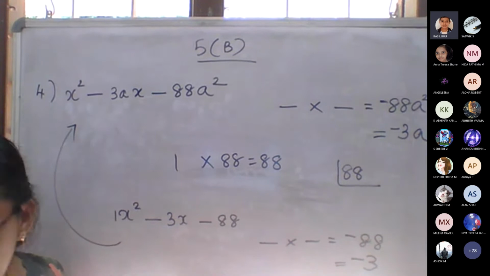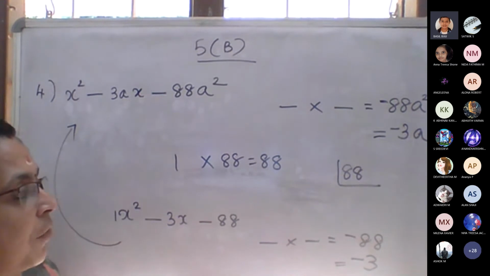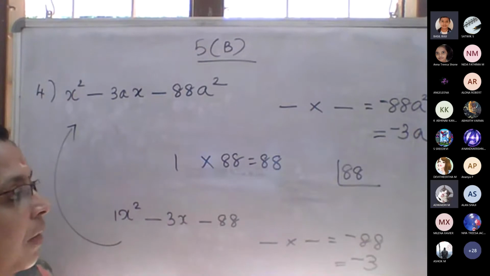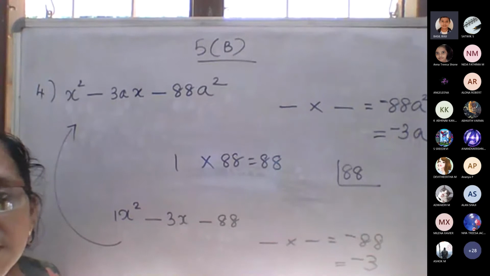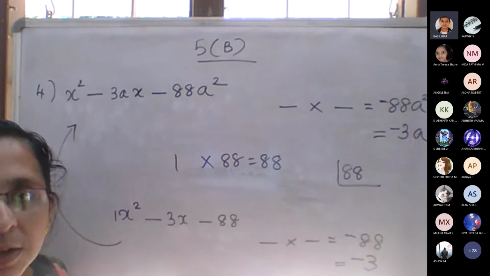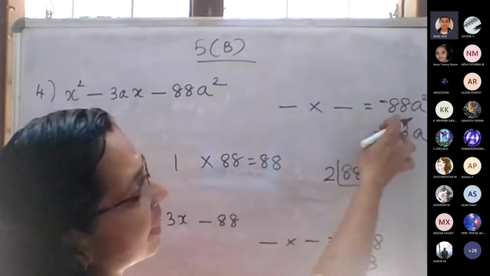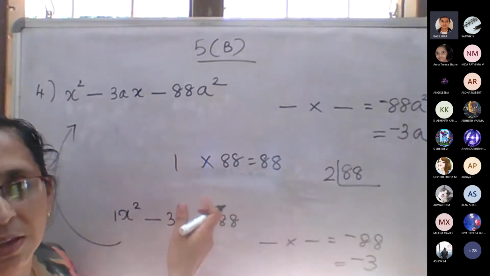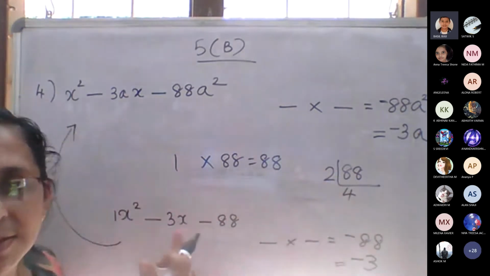How many of you have doubt in this? 11 and 8, is it okay? Which method do you follow, Advait? Prime factorization. Others, you are doing prime factorization? Yes, ma'am. Since 88 is a bigger number, it will be difficult for us to find these factors, so better to do prime factorization. Depending upon the question, use whichever is easy.